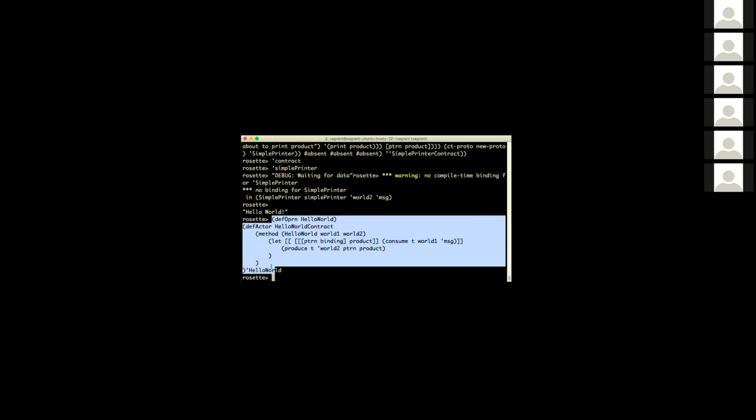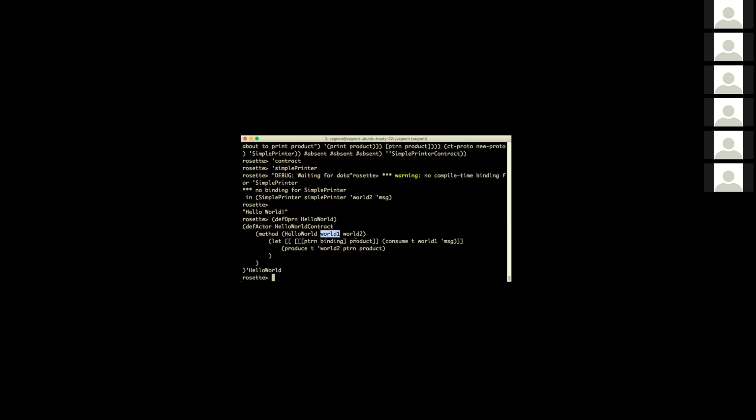Essentially what's happening here is that we're passing in two values. These are channels into a method called Hello World, and it suspends on consume, waiting for something on world 1 to be passed in. And once data comes in, that gets produced out on world 2.